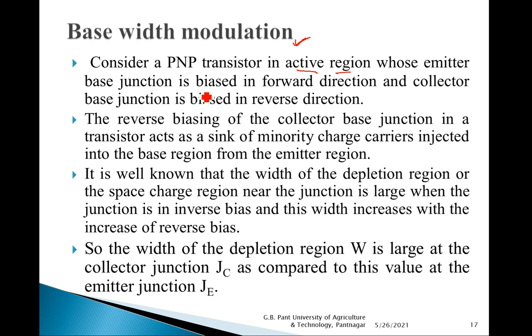region, whose emitter base junction is biased in forward direction and the collector base junction is again biased in the reverse direction. The reverse biasing of the collector base junction in the transistor acts as a sink of the minority charge carriers injected into the base region from the emitter region. Basically here